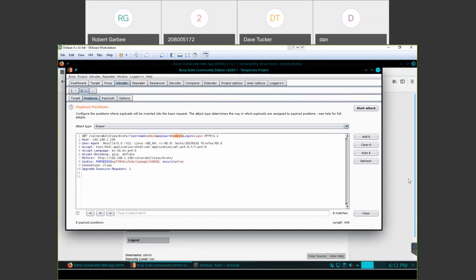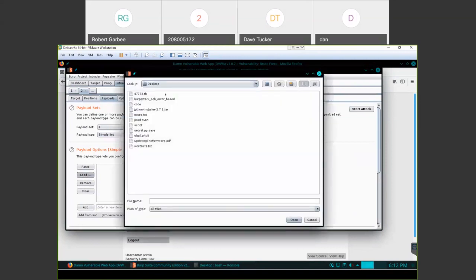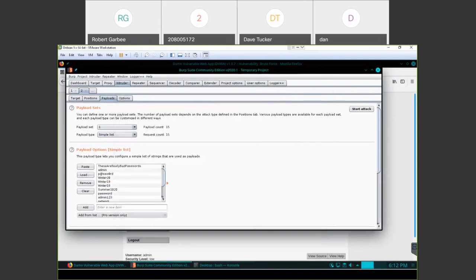So the only thing I want to do is actually attack the password field. So I can just highlight that password field and then just hit add. And then I can go into payloads. And under payloads, because again, the free version only comes with one, for example, a simple list, I've already taken the liberty of creating a word list,